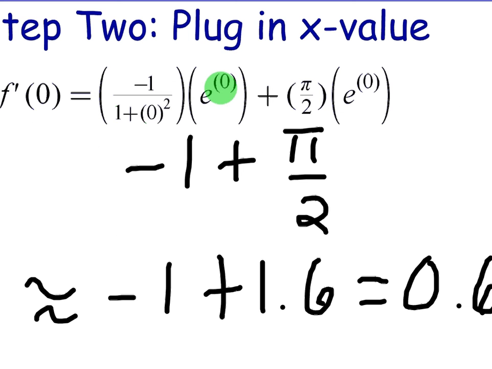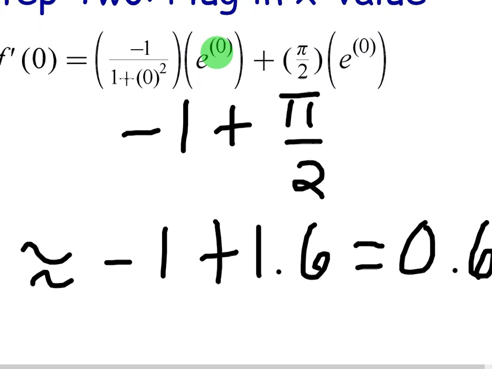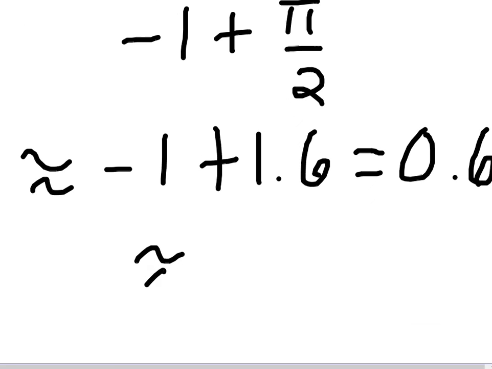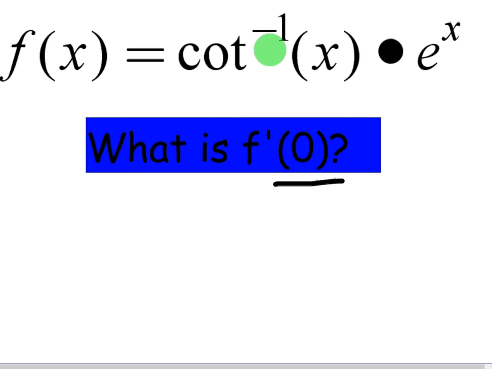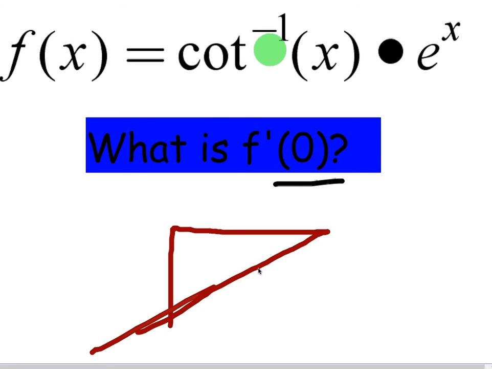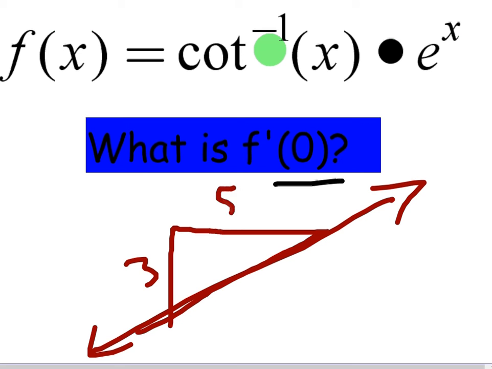If we want to really simplify 0.6, we could basically say it's going to be approximately 3/5. It's going to be the slope. So let's graph it and take a look and see what it looks like. It's going to be about 3/5 if we were able to graph it. So basically what we would do, we would go up 3 and then over 5, something like that. So the tangent line would look about like this, have that slope. So that's it. On the worksheet,